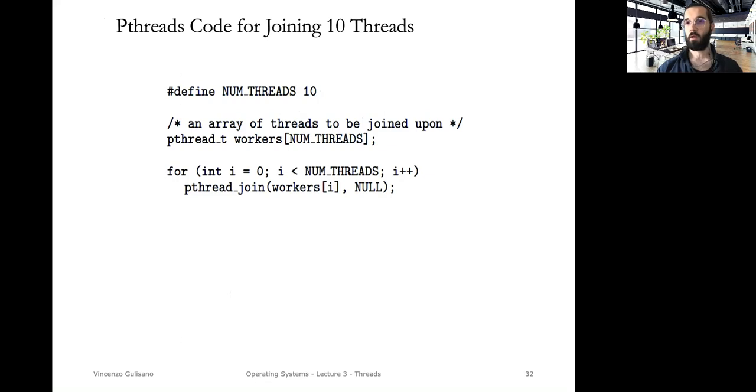Now, we can create one thread, or we can create a lot of threads. Okay, so we could call the function pthread create many times, and if we call it 10 times, we would get a process with 10 plus 1 threads, the original one plus the 10 we create. We can of course create an array like here, in which we keep